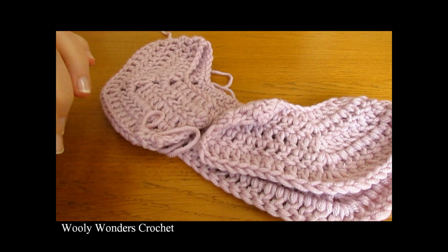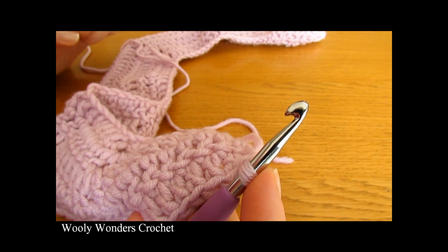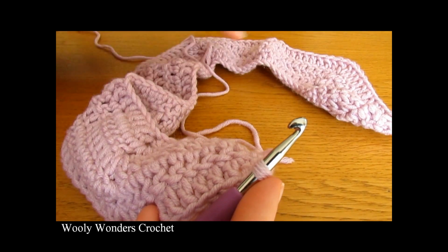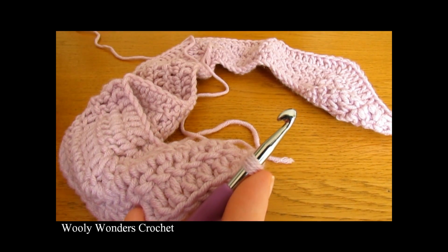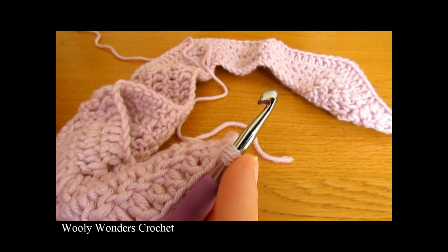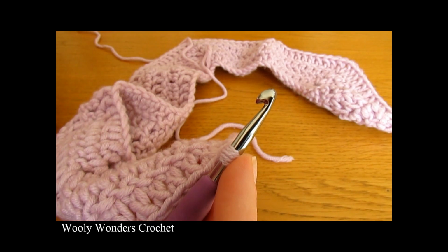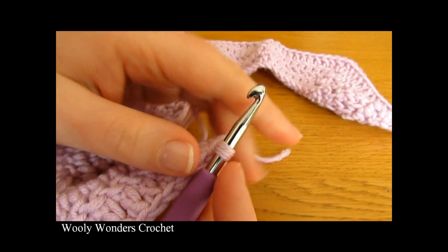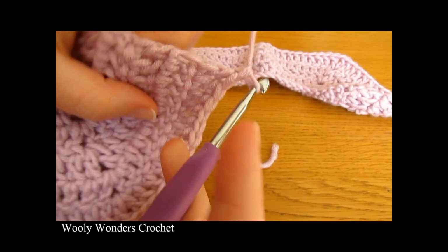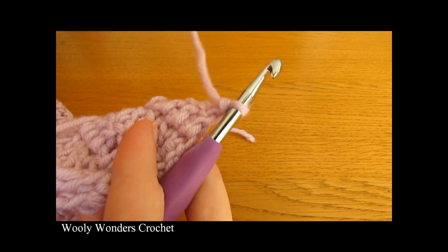So now once you have finished doing those repeats, we are ready to move on to the next round. This round is very important, as in this round we are going to take our big loop which we have here, and we are going to turn it into a dress shape. So we're going to add in a front, a back and 2 armholes. To begin this round, you want to chain 1 and turn,